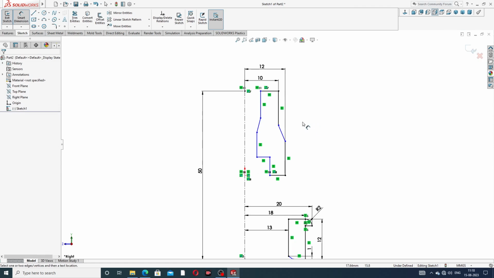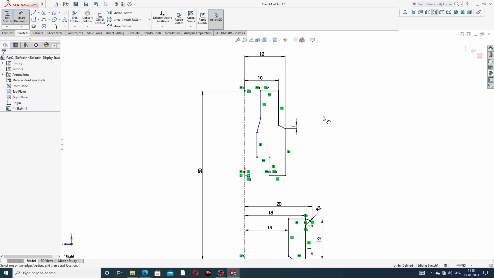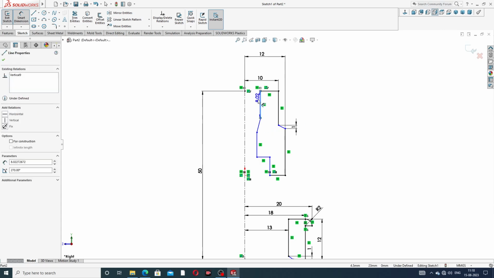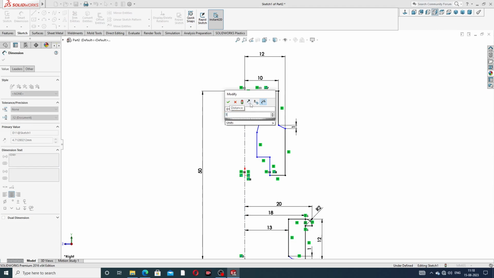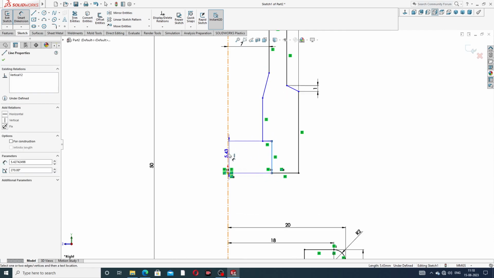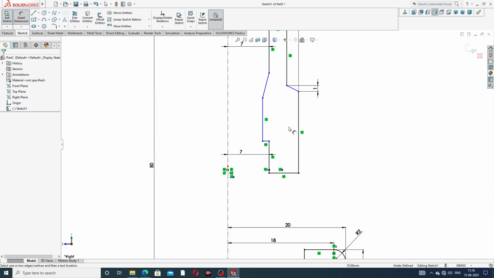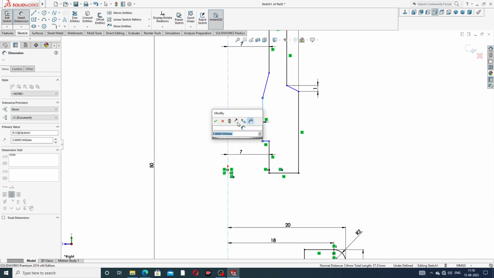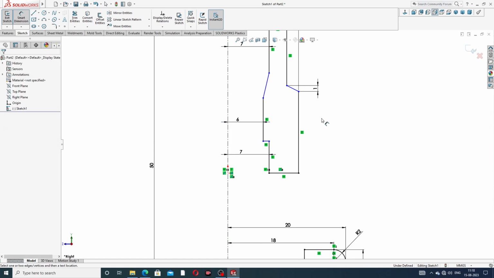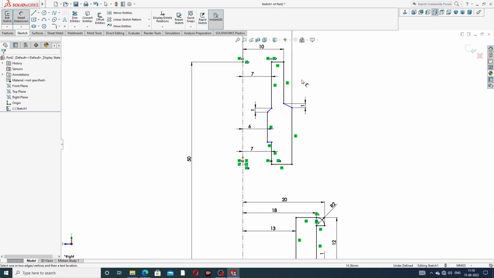and this incline is 1 millimeter. Okay, all is perfect, and this is 7 millimeter, perfect, and also this is 7 millimeter, and this one is 6 millimeter. Okay, and this line is also 1 millimeter. Perfect,